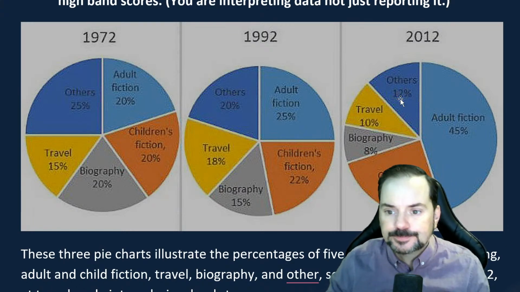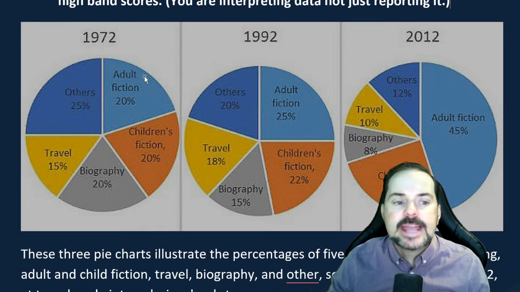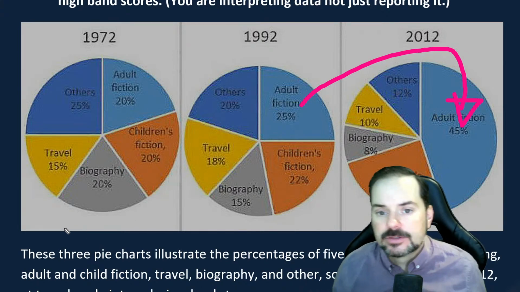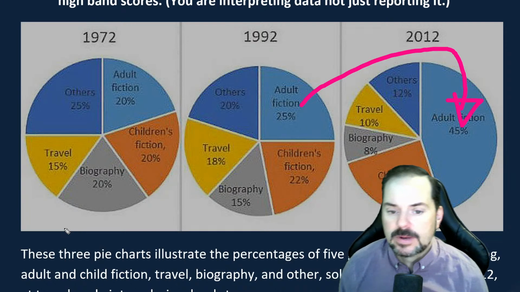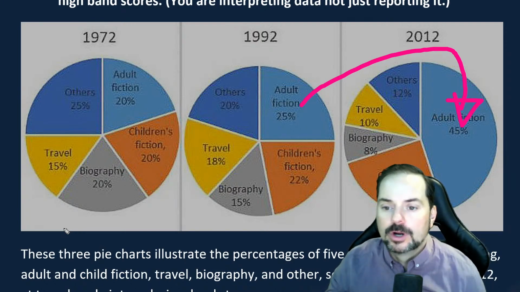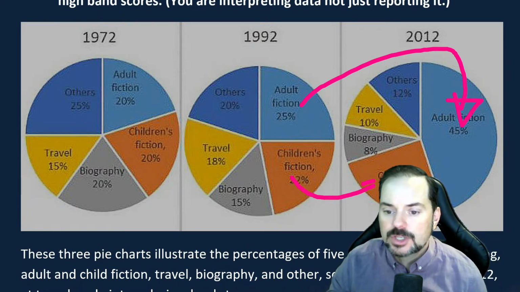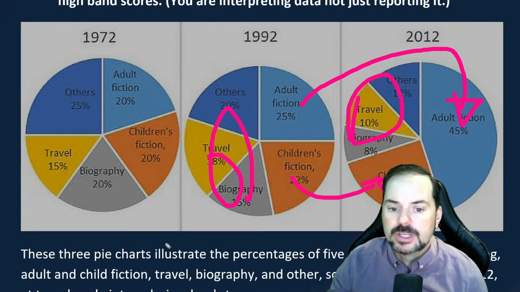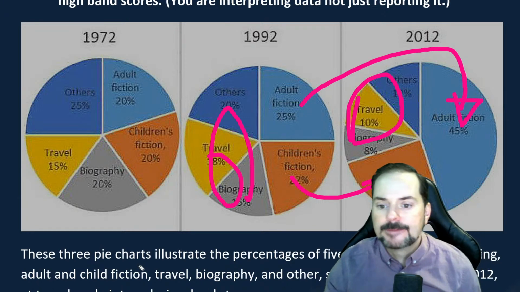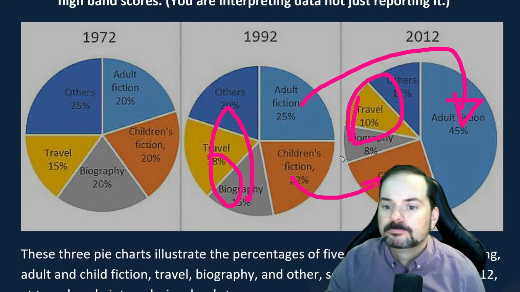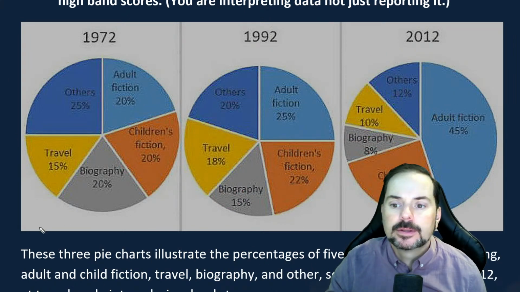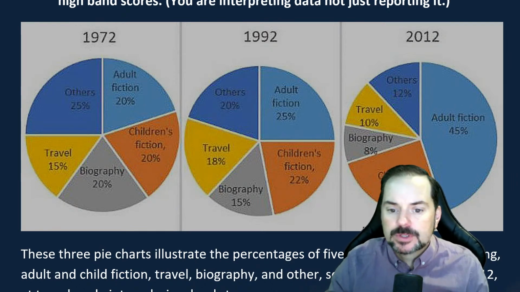Okay? All right. So now I'm going to report this big difference between adult fiction in sales, of course, in 1992 and 2012. Okay? And I will report children's fiction, and I will report the big change in these two or these three as well. Okay. All right. Okay, so